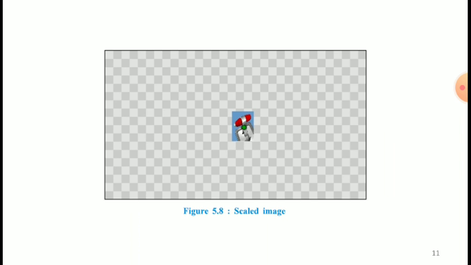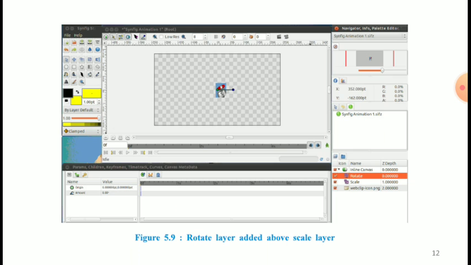Now if you want to rotate the image, we add a new rotate layer above the scale layer. Select the scale layer and then right click, then New Layer, then Transform, and then Rotate. You can see a rotate layer is added on top of the scale and image layers as in figure 5.9. So that is a rotate layer added above the scale layer.